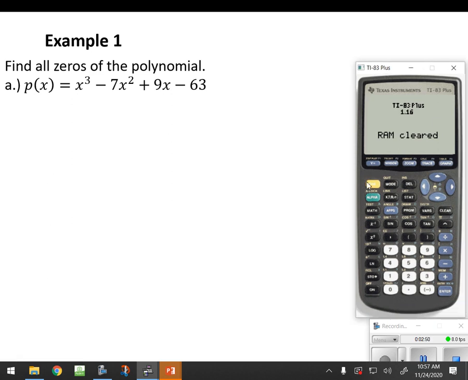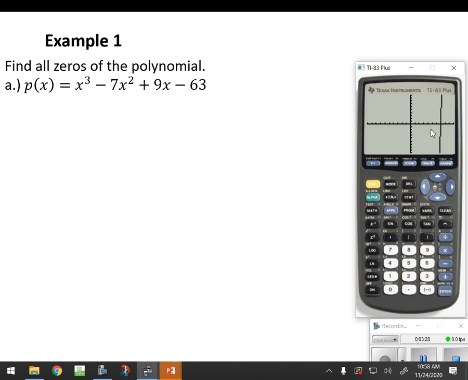So in the calculator here, I'm going to try and go nice and slow to hopefully allow you to follow the mouse cursor here. In the y equals menu, that's this button in the top left, you guys are probably familiar with this. We're going to type in x, here's the variable key, to the third power, that's the caret key underneath the clear over here on the far right. If you have a newer calculator, you may have to hit the right arrow key to bump you down out of the exponent. And then we'll just continue. Let's see, minus 7x squared plus 9x minus 63.